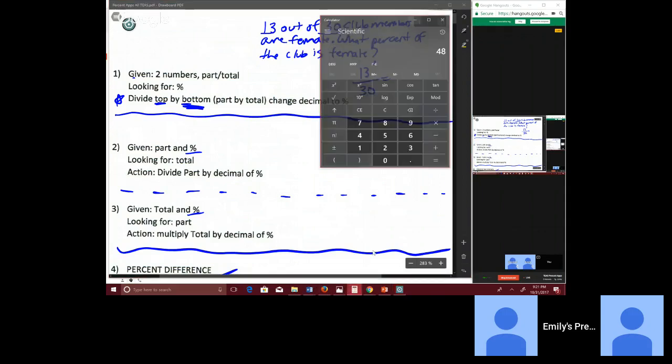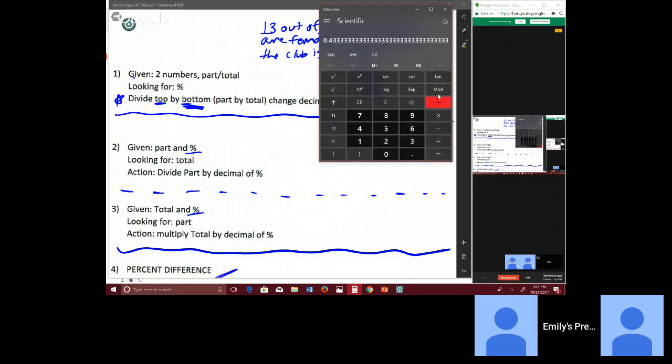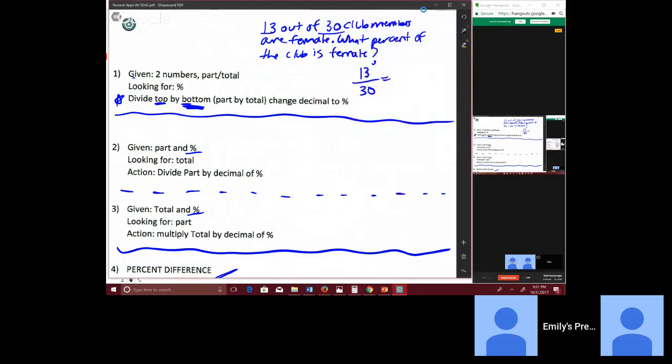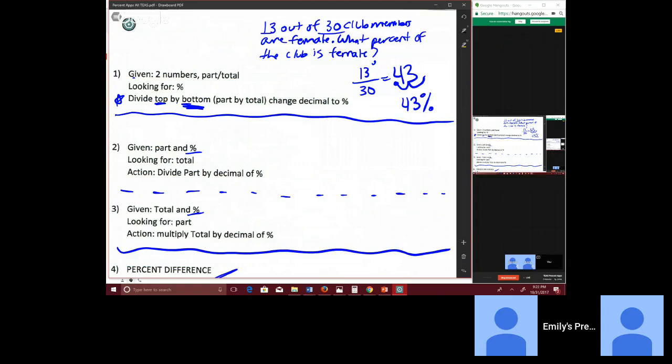If you take 13 and you divide it by 30, 13 divided by 30 is 0.4333, and so on. Now we're going to change that to a percentage because we aren't asking for a decimal, we're asking for a percent. Changing to a percent is always a matter of moving 2 spaces to the right. So 43%